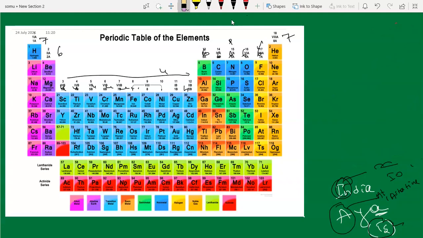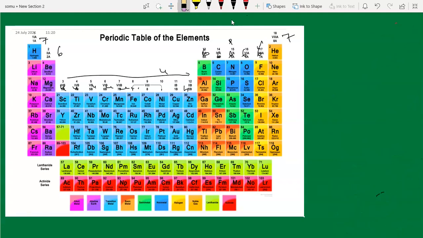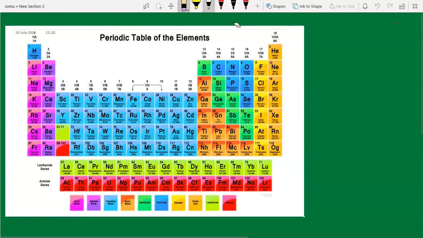Football Club of Barcelona. Okay, next 15th group elements.